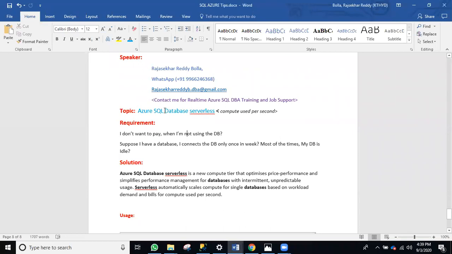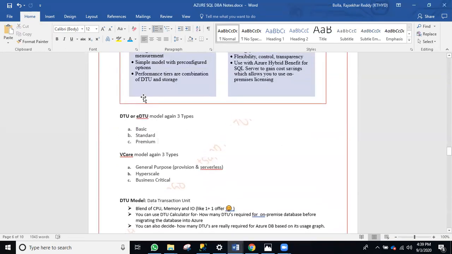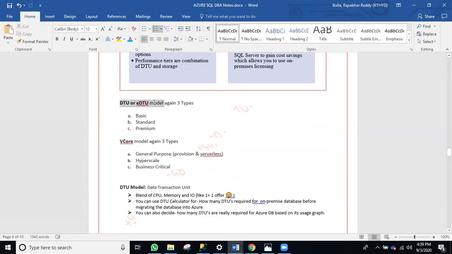Today I'm talking about Azure SQL Database Serverless. For compute, we have the DTU model and the vCore model. You can keep the database in either one. There are some reasons why you would choose each, but let's forget about those for now and discuss them later. Here I am talking about the serverless model, which is a concept in the General Purpose tier.